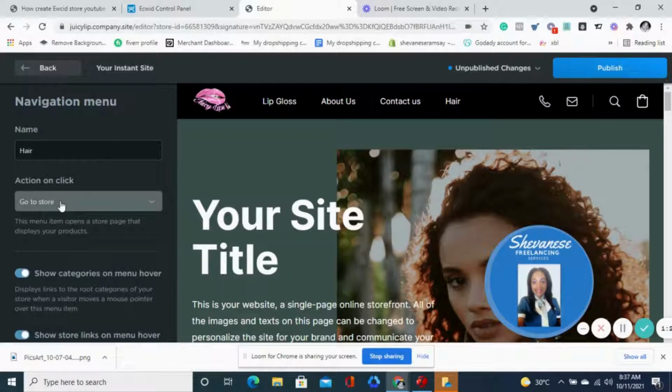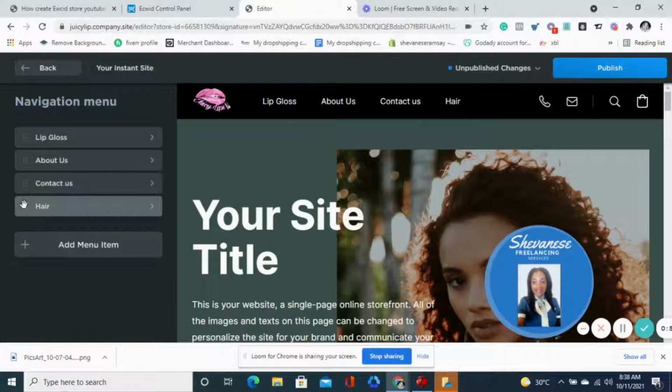So when you click on go to store, once the customer clicks on here, it will go directly to the store area where the product is. So I'm going to turn off the subcategory for this one. Or you know what, I could leave it on because I could have different lengths of hair as subcategories that I'll be selling, but for now I'm just going to leave it off. So we're going to go back,